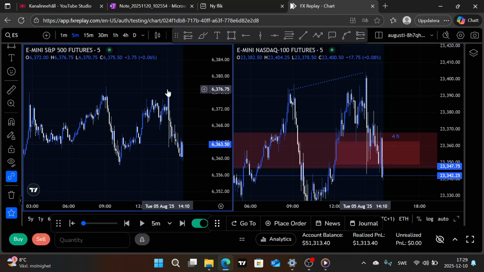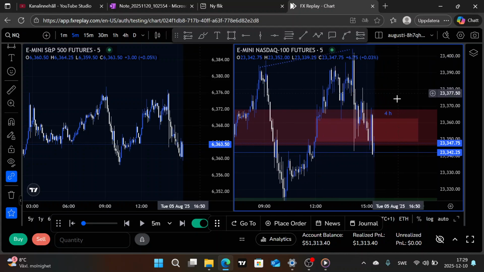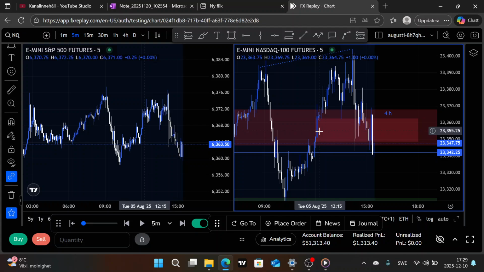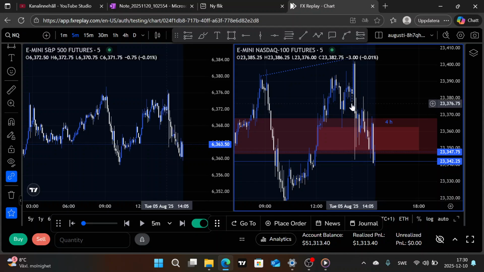As you can see, the SMT is very clear here. We do not sweep this high, and thank you. So in 15 minutes we've been sweeping this fair value gap. We've been inversing this fair value gap. So this is only the wicks of those down close candles. So it would have been a good position right here to go short, but